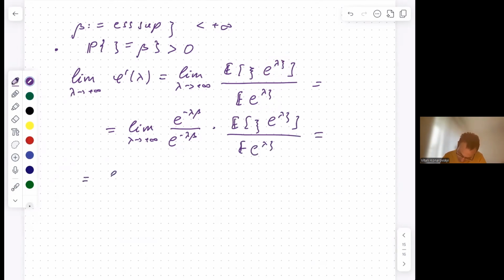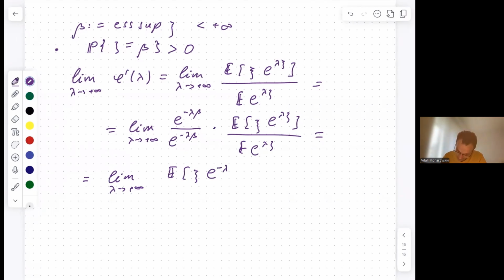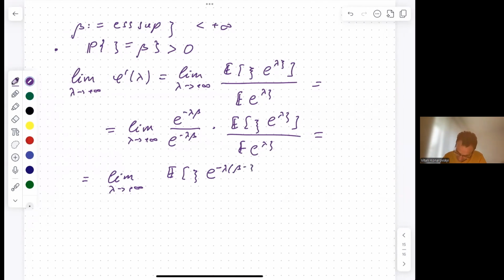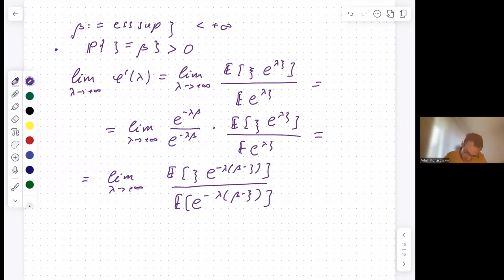And we come to the expectation of Xi, e to the power lambda times beta minus Xi, divided by the expectation of e to the power minus lambda times beta minus Xi. And this expression here is much better than what we started with. And the reason here is because